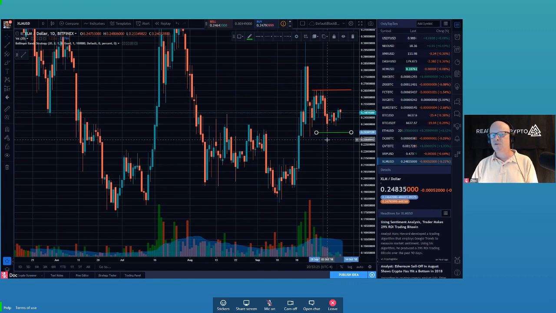So what has to happen for this to turn into an uptrend again, or to reclaim the uptrend, let's call it that way? Either the price has to punch out through here, or it has to go through some kind of combination of lower high, higher low, and then off she goes. Now, what has to happen for this to go back into a downtrend? We've already got a lower high, don't we? All it has to do is fall through this line. And now we have lower highs, lower lows.